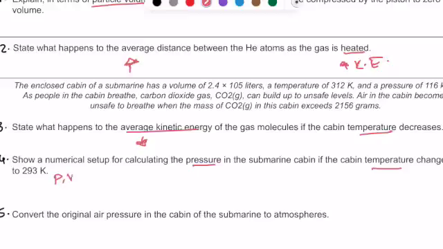So if you don't remember the equations for each gas law individually, you can always use the combined gas law. Just ignore the thing that is not changing and plug in the values for the things that are changing. So what we do know from the question is that